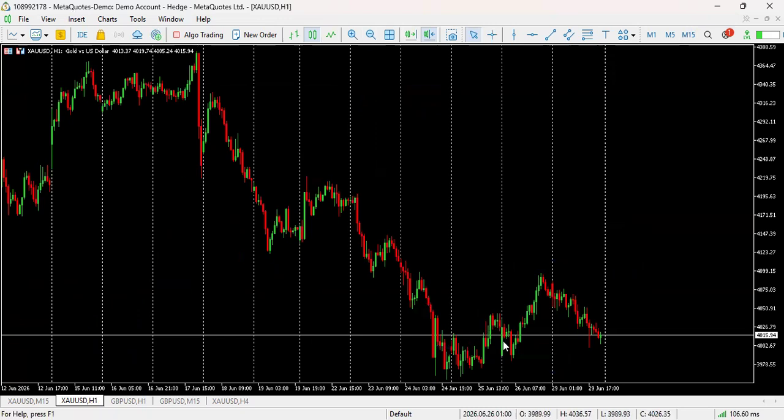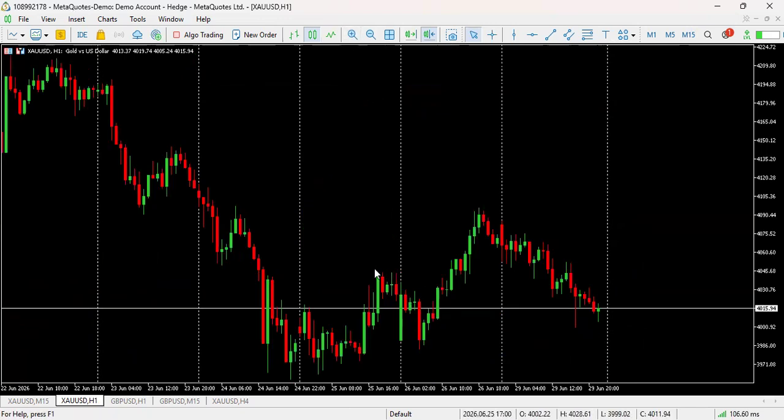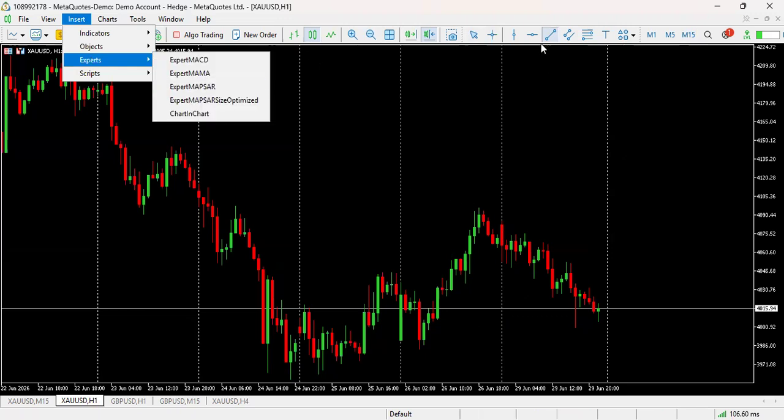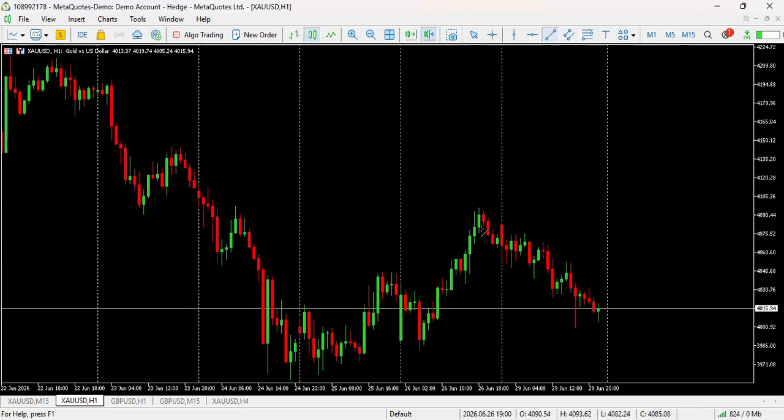This W pullback into this cavity. You really gotta see it, right? Came down, created a low, created a higher low that fell within the cavity. You gotta know that it's going up. It's gonna go at least 100%. So if we look at the fib, it's gonna break this high. It's for sure gonna break this high. It's for sure gonna break this high. It's gonna break that, right?